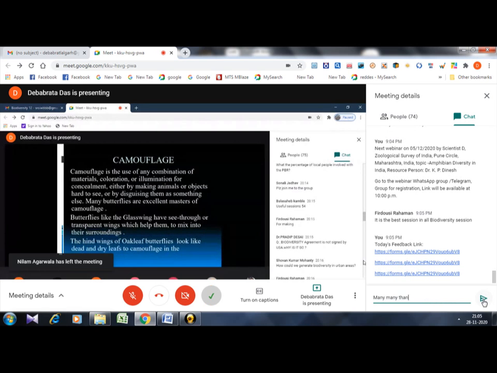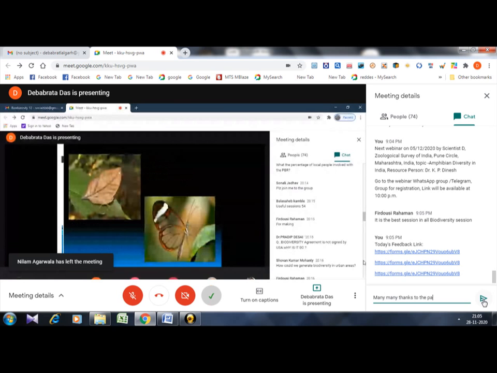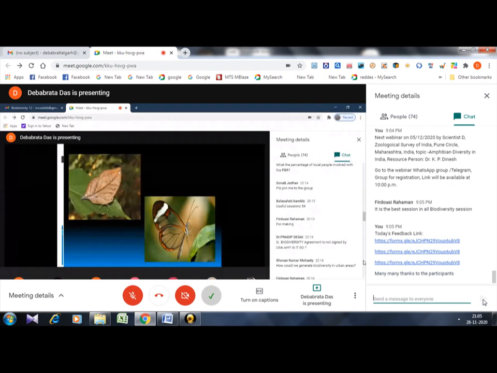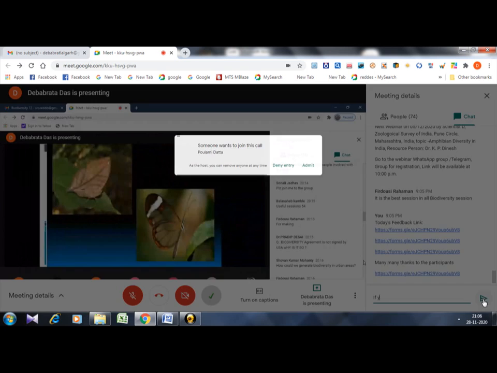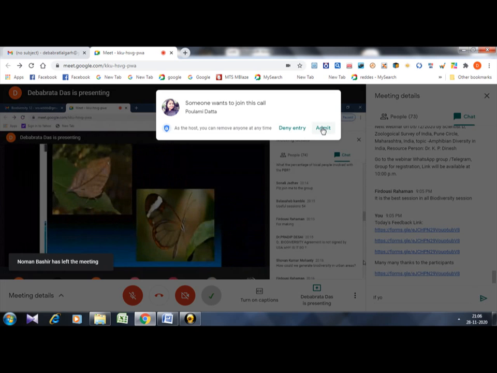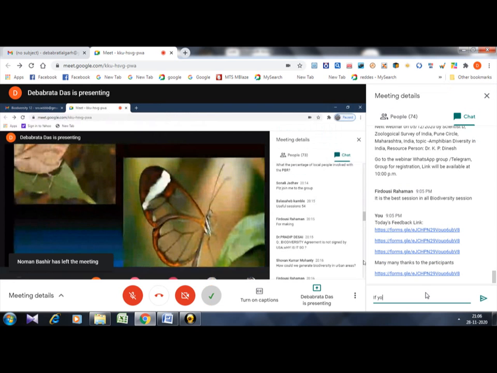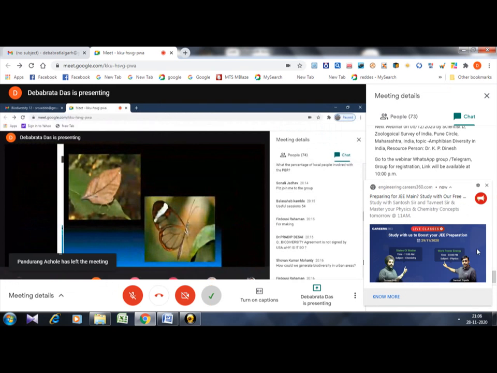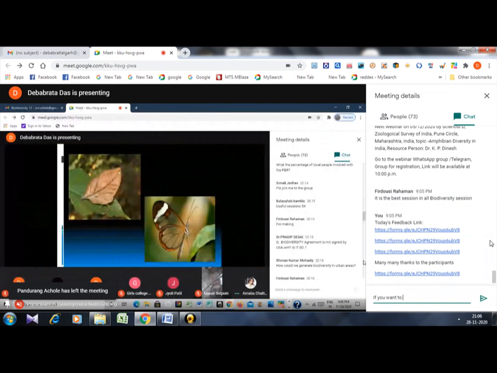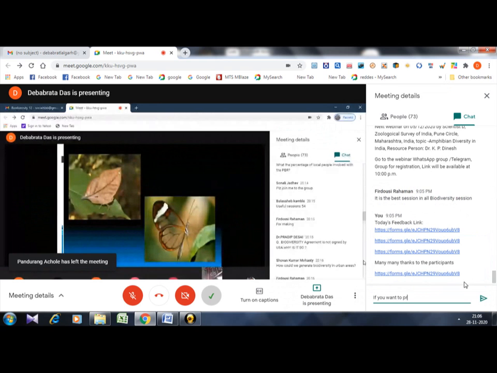You can see the picture here. The butterfly on the top left corner is the oak leaf butterfly. You can see it looks completely like a leaf. There are veins and everything. It looks like a leaf, so that's a very good camouflage. And on the bottom right corner, you can see the glass wing butterfly. The wing is see-through and transparent. Oak leaf butterflies are found in India, but glass wings are mostly found in the Amazonian rainforest of Brazil.